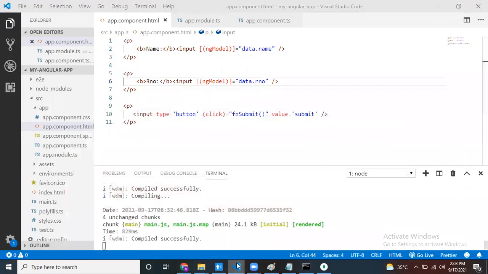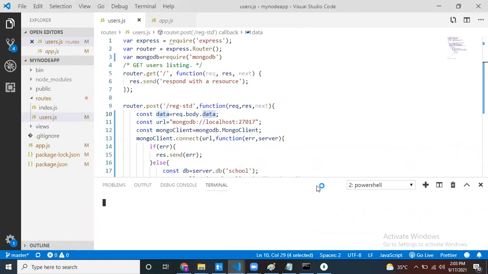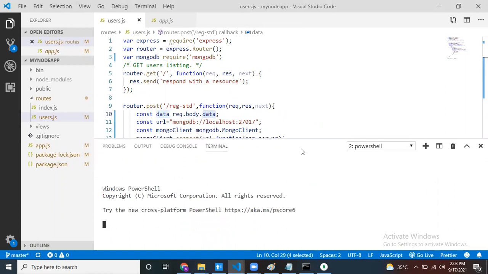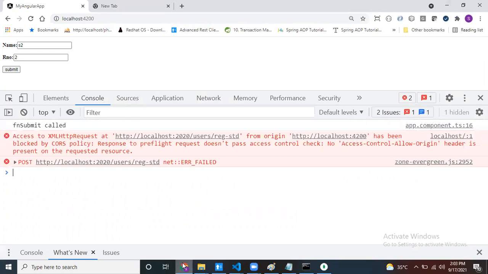In my server side application, if you want to handle CORS, first of all, there is one library. That library name is cors. The name itself is cors. npm install cors --save. This is my library. So why exactly do we get the CORS issue? You are sending the request from localhost